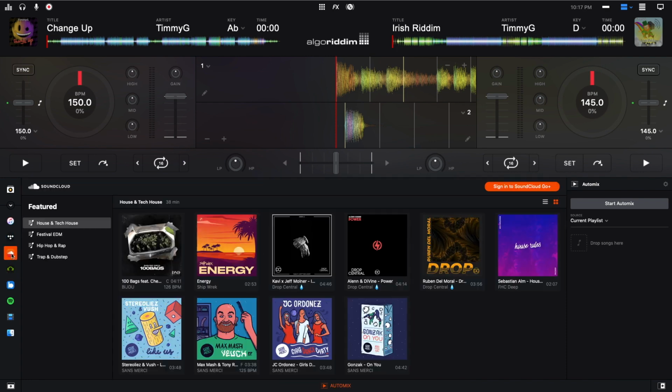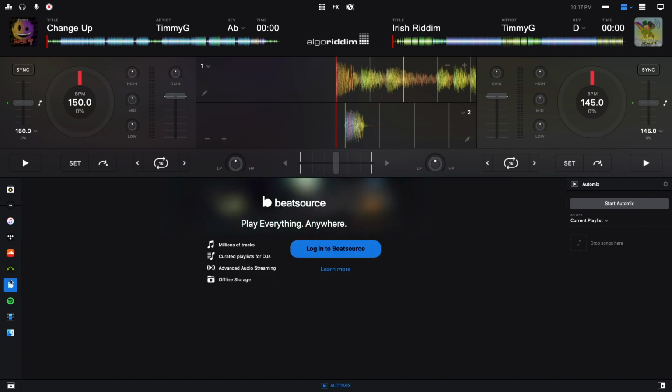We already talked about Tidal. We have SoundCloud Go Plus, and then Beatport and Beatsource. Now I'm going to briefly talk about all of these and what they're offering and what I think you should do. But first, I just want to mention that when I heard that Spotify was no longer going to be